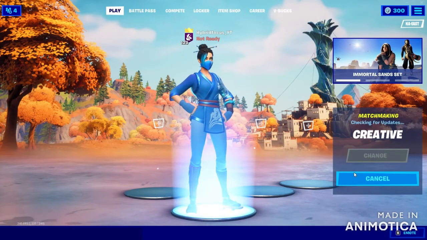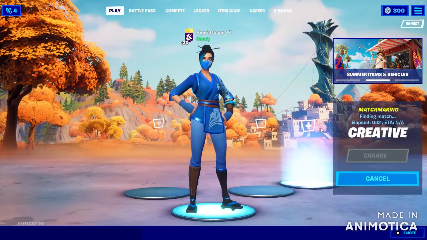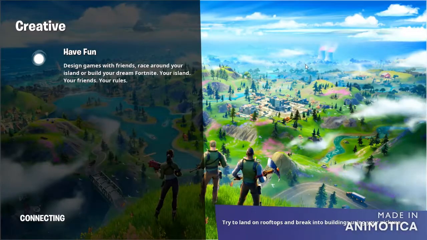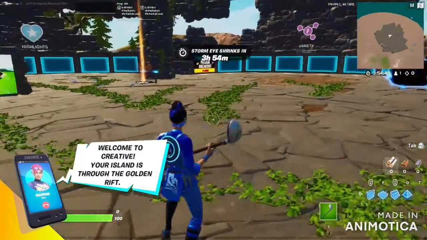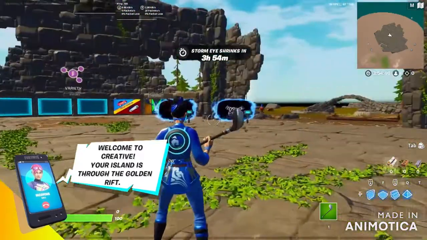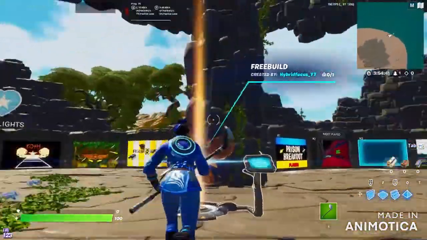But the second thing you want to do is jump into some creative. The reason why I'm saying creative and not a solo match is because you're going to get destroyed by PC players that have 240 FPS. I know this by experience, that the more frames you get, the better the gameplay is. I used to play at 30 FPS because I was on a Nintendo Switch, and you can only play at 30 FPS, which stinks. But you want to jump into your free build map